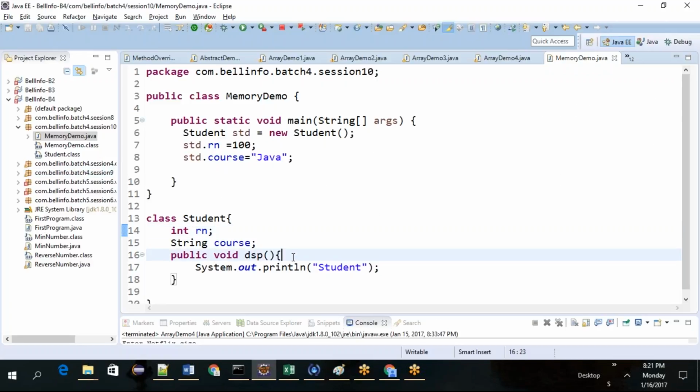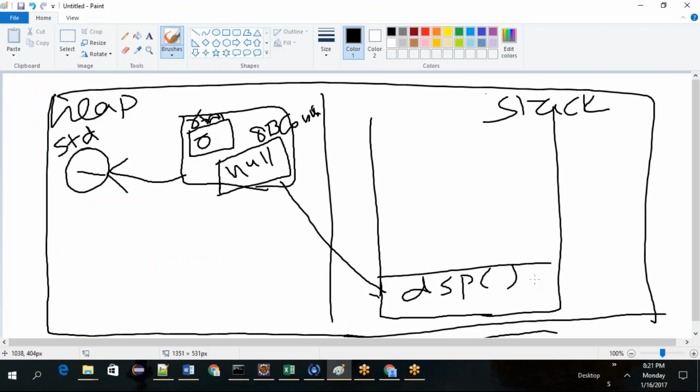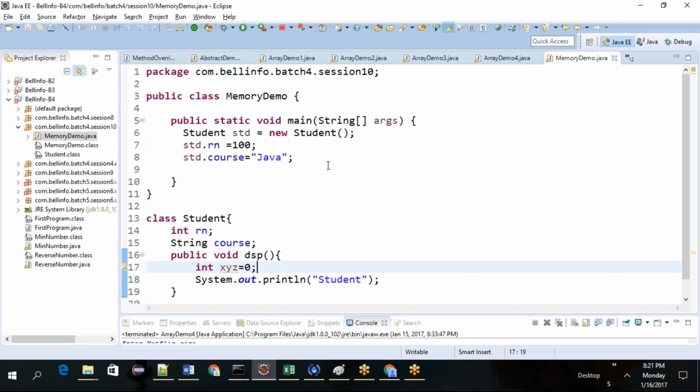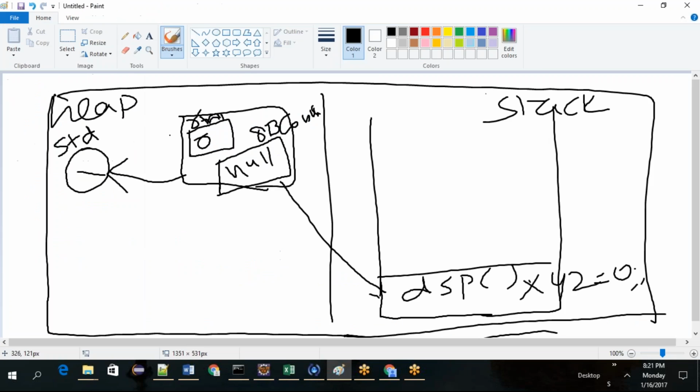Let's say I wrote something like int xyz equal to 0. This xyz will be inside stack memory. Methods and variables will be inside stack memory. What happens if I create another object? So when the first line executes, when you run the program, this is what happens.